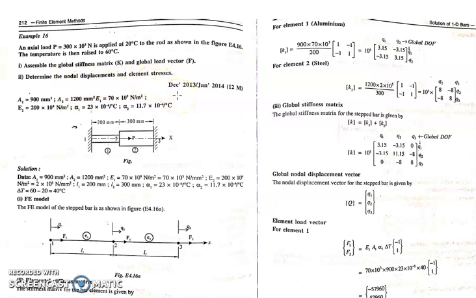So this question has been asked in the VTU December 2013, January 2014 exam for 12 marks. And these are the given data. See, there are 3 nodes. The first node and third node are fixed, and the load is applied at node number 2, and the lengths of the elements are given. Then the area for the particular elements is also given. Young's modulus is also given. Then in addition to all this, they have given alpha 1 and alpha 2. So these alpha stand for the coefficient of thermal expansion. Okay, that is the one change you can observe here.